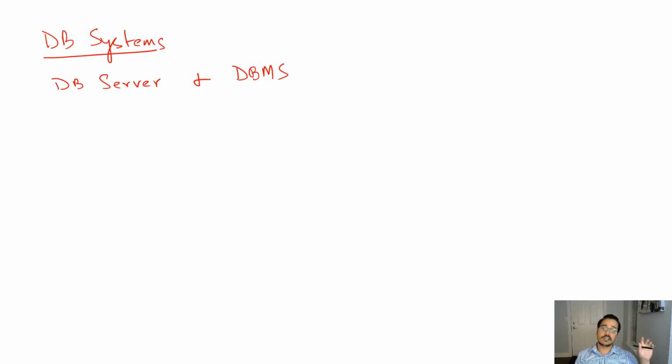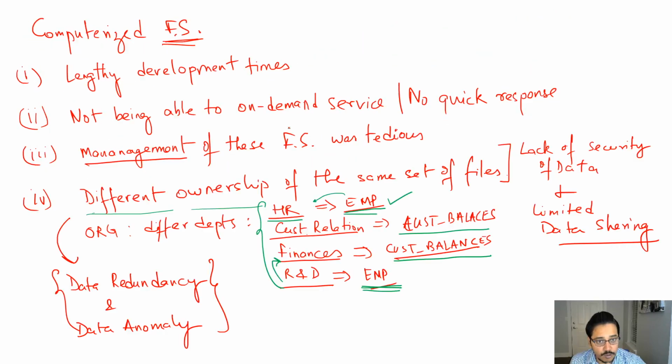That is, we did not need to specify how something needs to be done. All we needed to specify is what was required. And then the server was able to process that with the help of the database management systems, right? So whereas the view of the data that we saw here for file systems, where different departments had their own